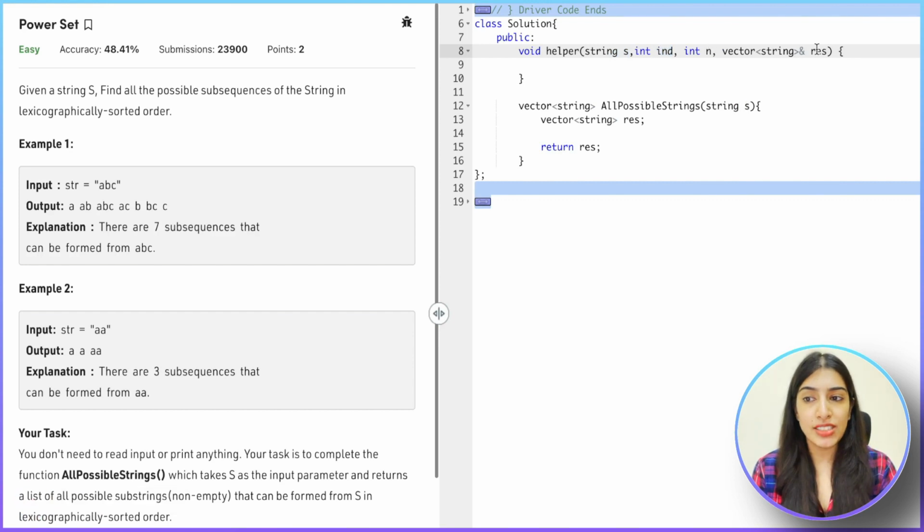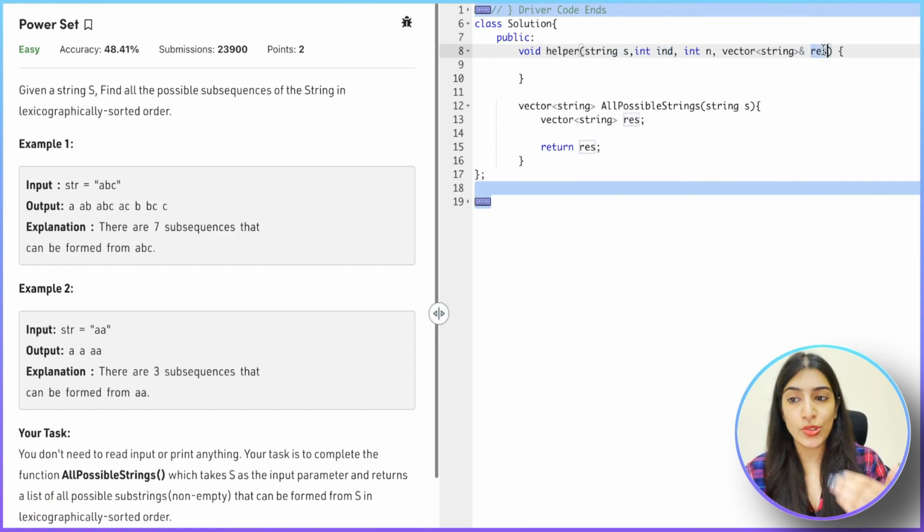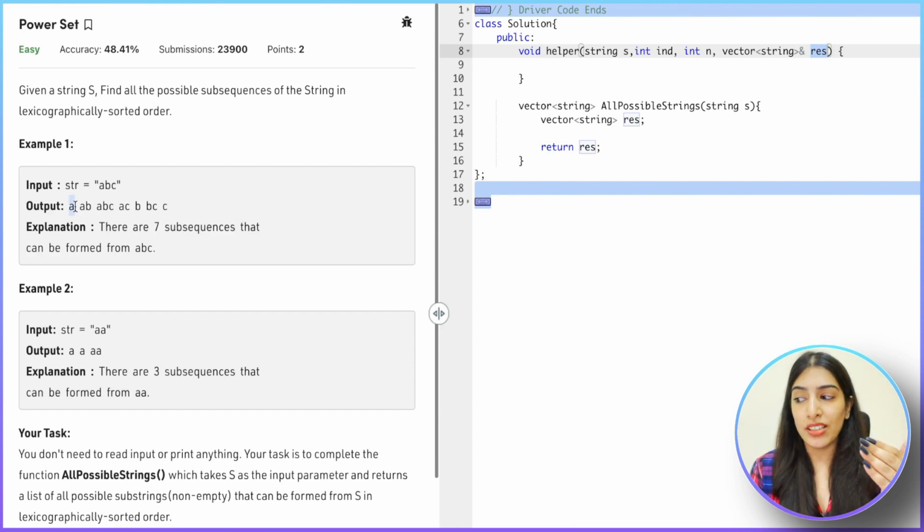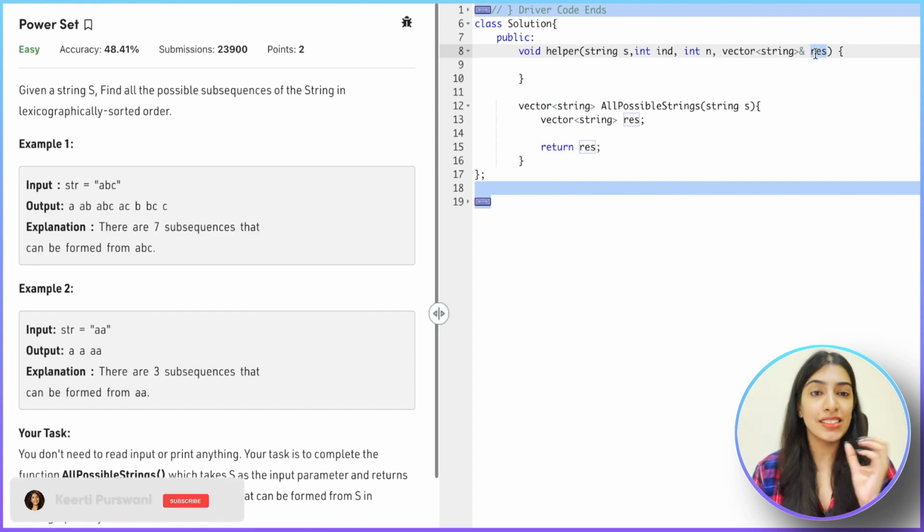We passed the size of the string, and we passed the vector where we are going to store our result. But there will be subsequences also that we will be dealing with, so suppose A or AB or ABC. So we will insert those subsequences in the resultant vector. But at a particular time, we will need to know